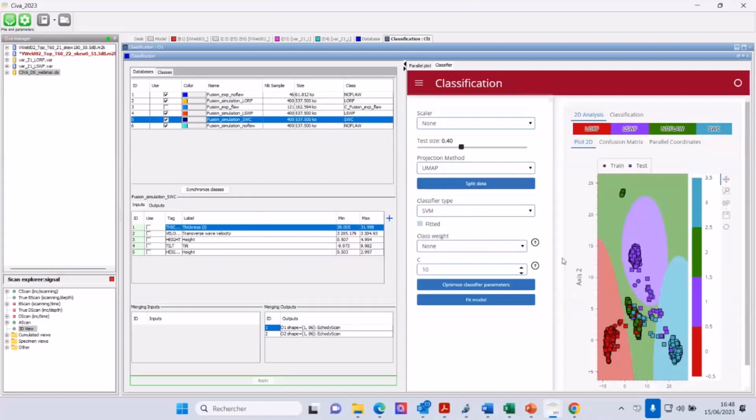So the idea here, we define the test size. You can also change the test size. That with CIVA splitted the data with 40% of the data to train and the 60% remaining to test. You can change that. So the splitting step allows to find the best way to separate samples in the defined classes from their output.